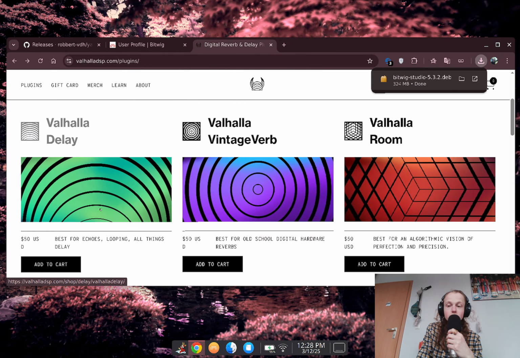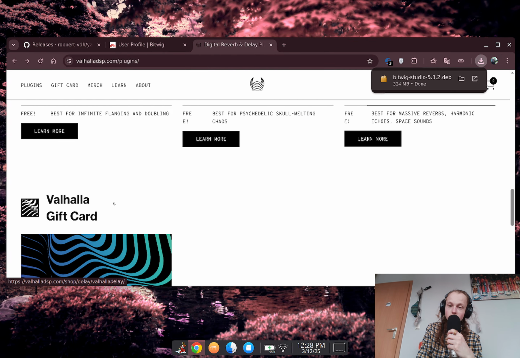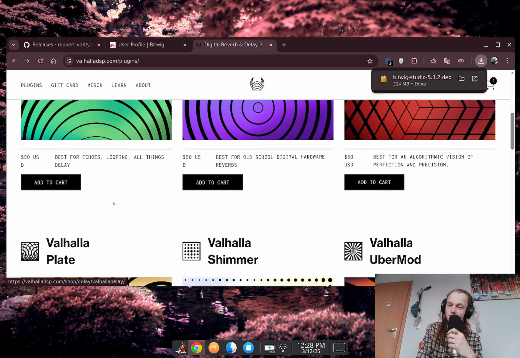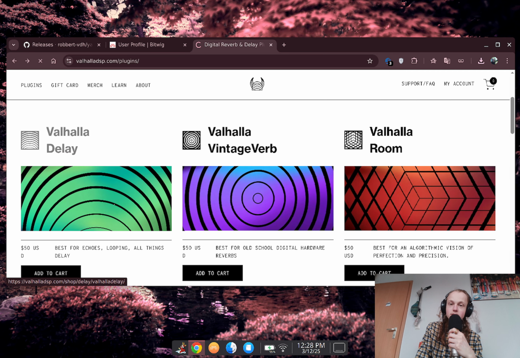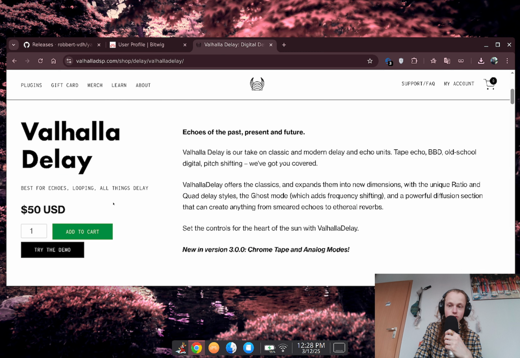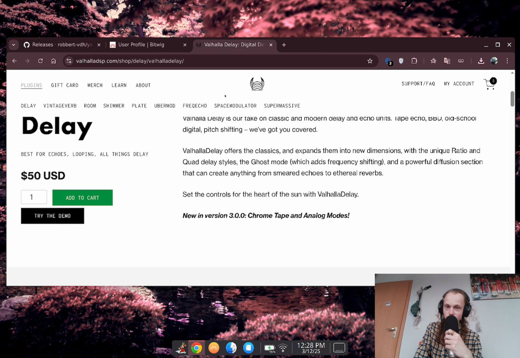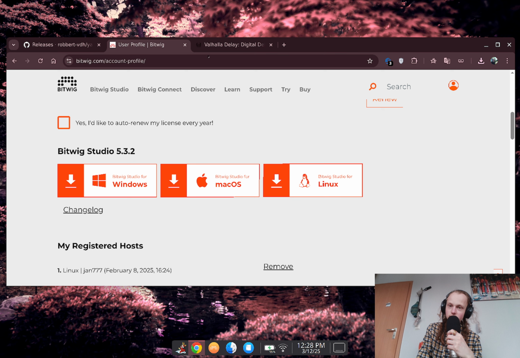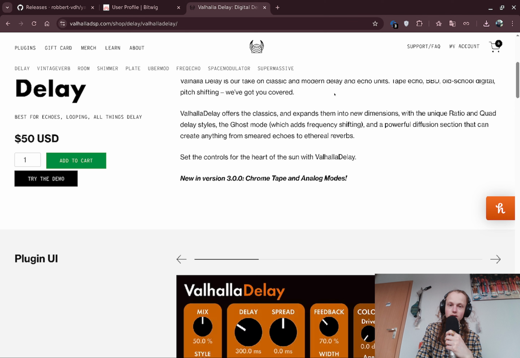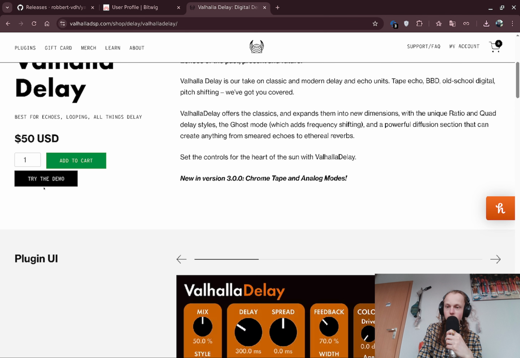You're gonna download, if you have downloaded, or you can also go with the free ones, Valhalla Supermassive, an amazing plugin. I love them. That's why we're gonna do it with them. So I'm gonna show you. Just, by the way, this window is like this because of the Bitwig code, but right now we can extend it. So you're gonna click try the demo,